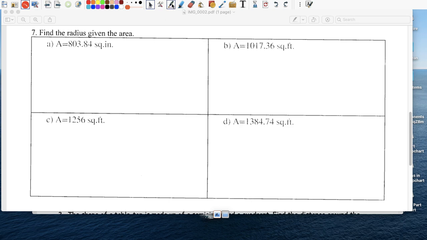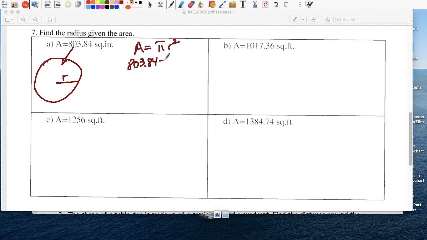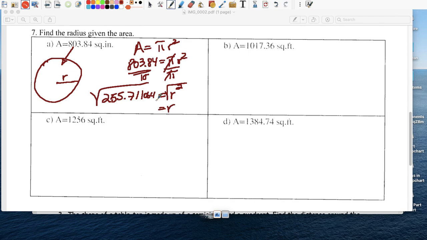If you have a circle and you know that the area, the whole space inside, is this much, what's the radius? So again, A equals pi r squared, 803.84 equals pi r squared, and divide both sides by pi. This goes away and we're left with r squared. 803.84 divided by pi is going to give us 255.711064, and again, I'm writing what you see in your calculator. Take the square root, and r is going to give you plus or minus